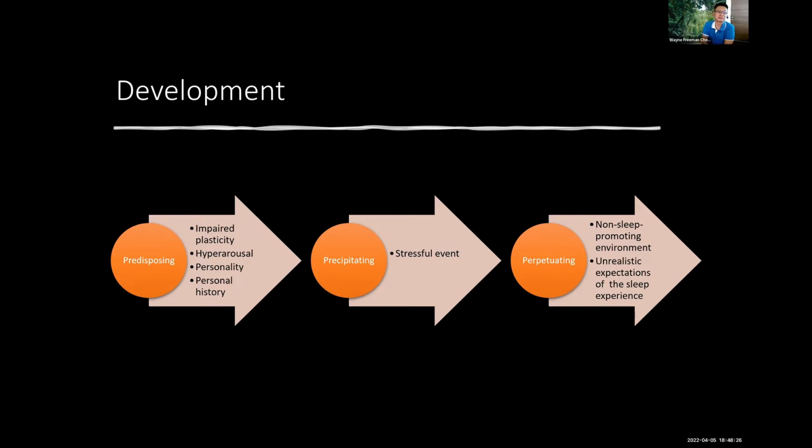So you can think for yourself what are some of the things you do. Perhaps you look at the clock. Perhaps you go back to the toilet again a second time, hoping that you do not need to go again in the next few hours, let's say. So perpetuating factors are behaviors and cognitions that in the short term appear to be logical solutions, right, to eliminating